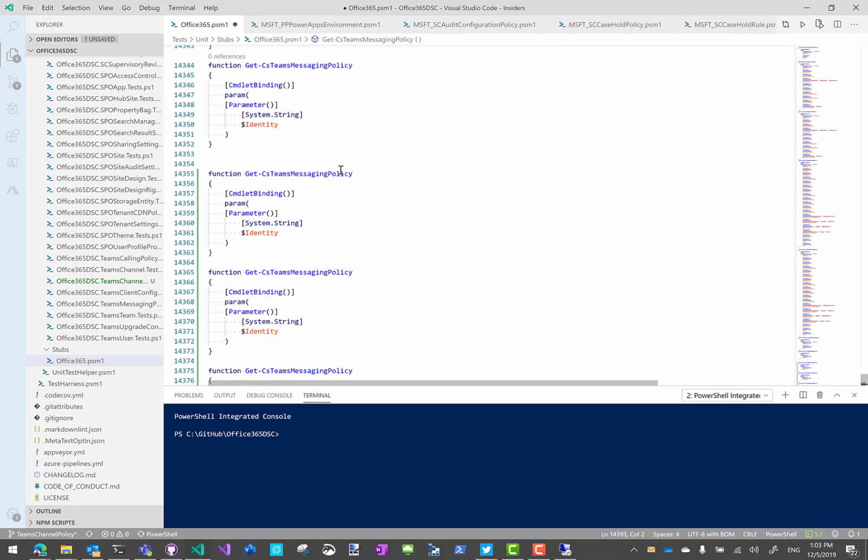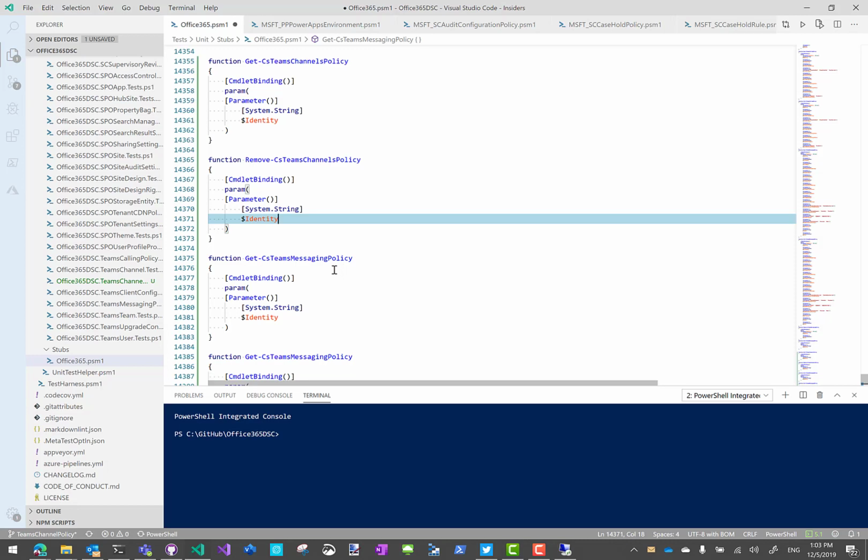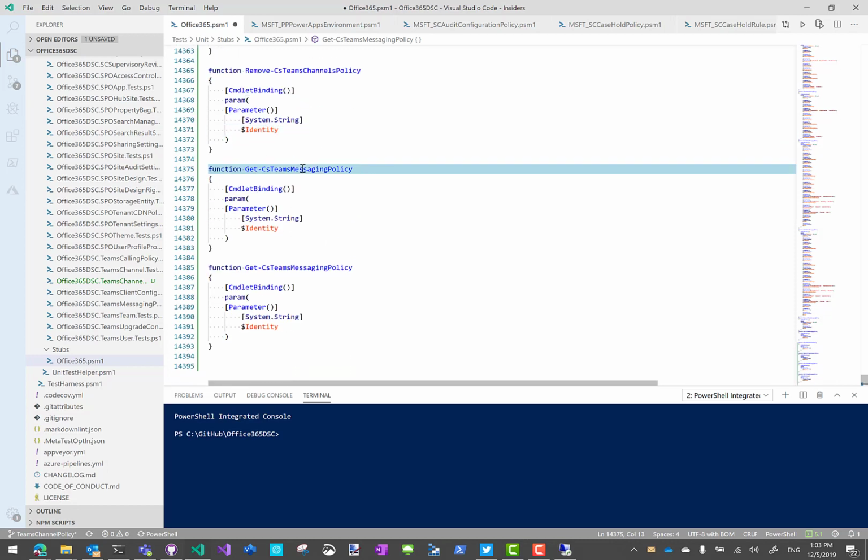The first one was the Get Teams Channels Policy, and that one, just like the previous one, can take just an optional identity parameter. The other one is the Remove CS Teams Channels Policy, identity. Third one was the New, and the New one takes on all the parameters that are actually defined at